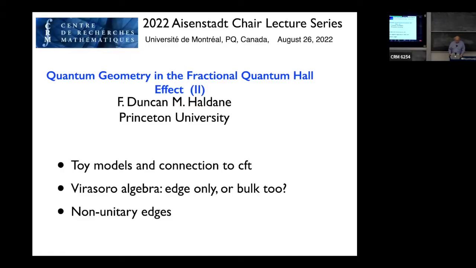I'll continue from last time, and this time I'm going to focus a bit more on the Virasoro algebra, which is an important issue of the edge, and toy models and their connection to conformal field theory. So last time I was basically telling you that for a generic theory, you shouldn't impose rotational invariance on the problem, but the most useful toy models of the system are the ones which are derived from conformal block states, and they have a very useful